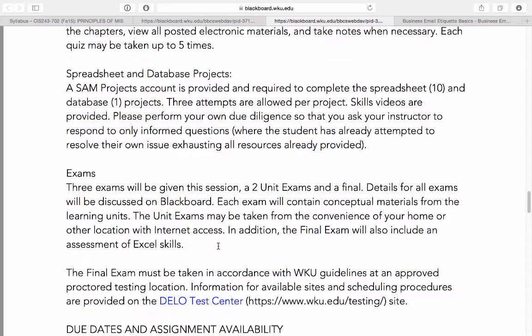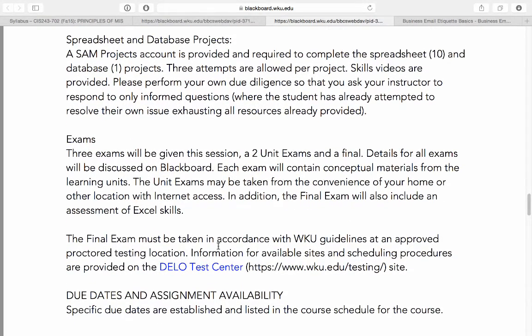The third piece is the exams. There's going to be 3 exams, 2 unit exams and a final. We talked about the scoring there. The unit exams you can take from anywhere. Now they are timed. You only get to take them once, and they will auto submit. And this is critical for you to understand this point because it goes back to the broader requirement of a